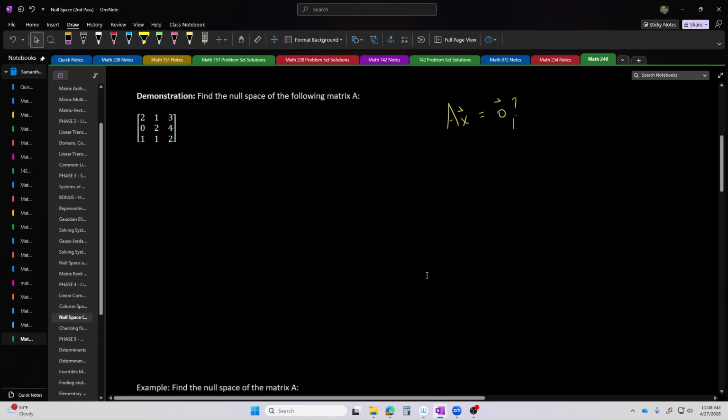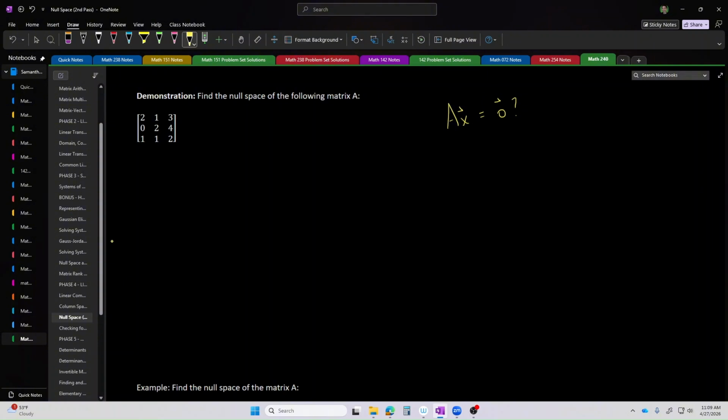So what I can do, I could take this question, currently expressed in the format of a matrix equation, and I can transform it into one of the other representations of this question. For example, it might be convenient to represent it in terms of an augmented matrix, because then we unlock the ability to do, for example, row reduction. So let me take the matrix A, 2, 1, 3, and augment it with the 0 vector on